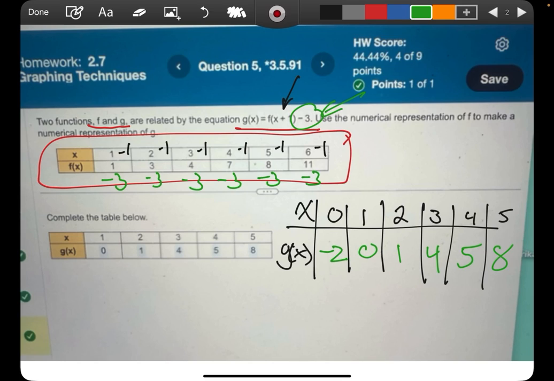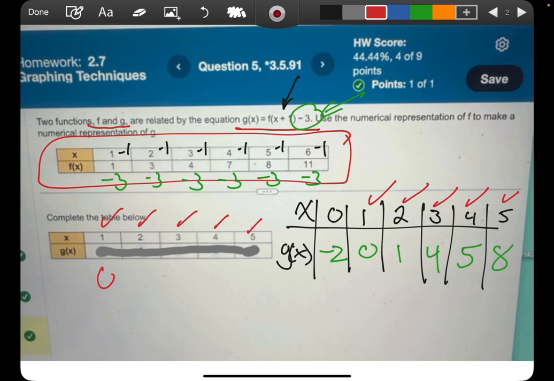Now, y'all, I want you to notice something right here. Let's come back here and not worry about what we got right there. Let's get rid of this guy. Now let's take a look at what we got. Let's make that a little smaller. X is 1, 2, 3, 4, and 5. I'm going to have 0, 1, 4,